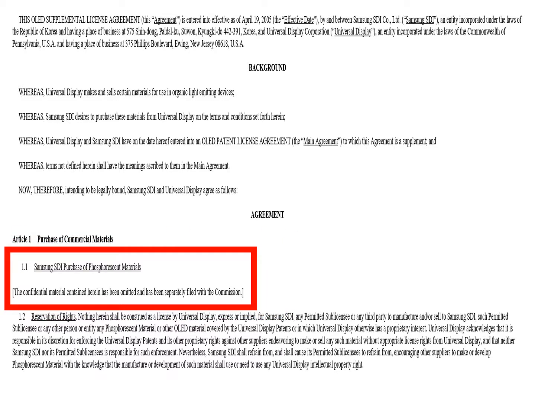Okay, let me clear all those markings away now. I told you a second ago I'd show you the prices. I actually lied. I can't show you the prices. It's all been crossed off in this document. All we have is that. Samsung's going to pay for the purchase, but this is a confidential material that's not out there. I can tell you what we know. Since this happened so long ago, we've got to see financial reporting from Universal Display over time. We also got commentary from the executives.